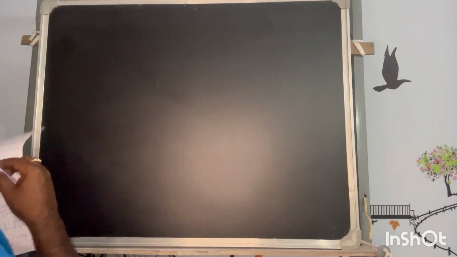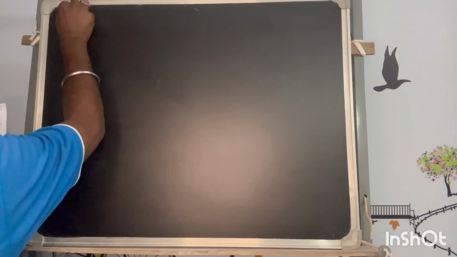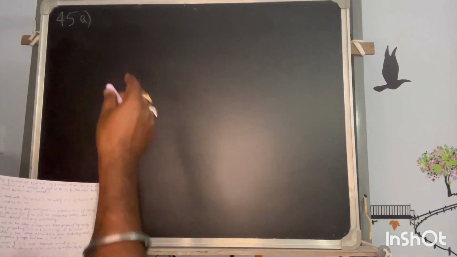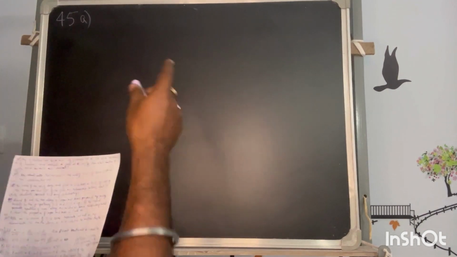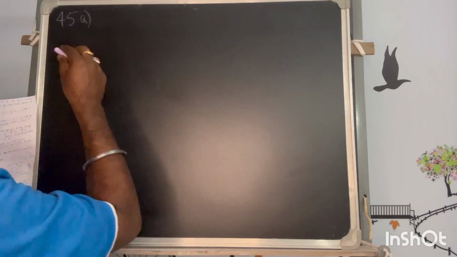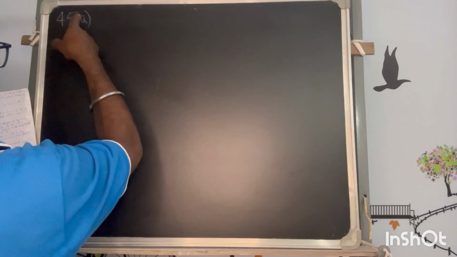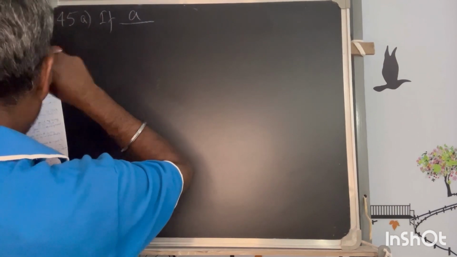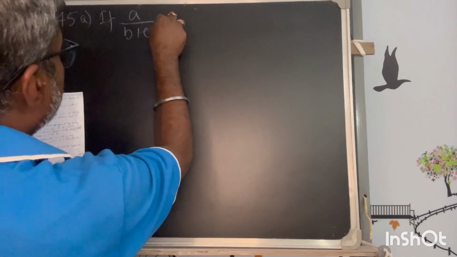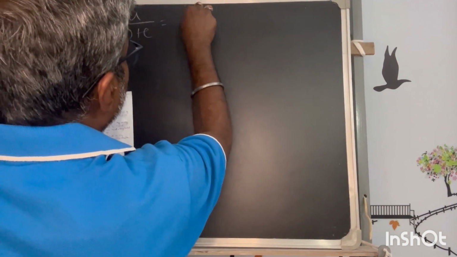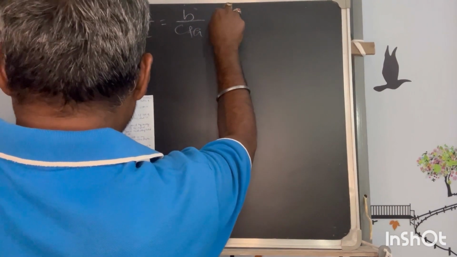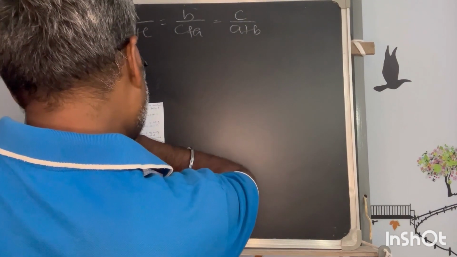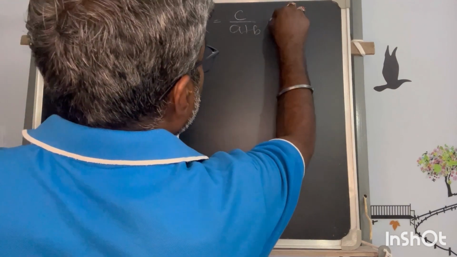This may consist of small sum problems. So I will keep them under one number, that is 45, and they will be given as alphabetic A, B like kind of thing. So the first problem is problem A of 45. It says if A by B plus C, B by C plus A is equal to C by A plus B, this equation, then